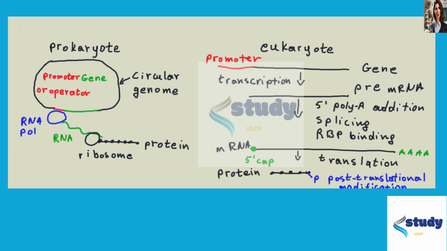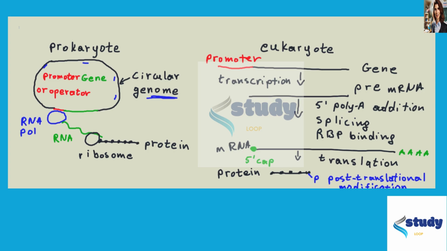In prokaryotes, you have a circular genome, right? And I've only drawn one gene here, but there would be multiple genes across the circular genome. So every few thousand nucleotides, you would have a gene. What I've shown here in green is the gene, and in red is the promoter or operator that regulates that